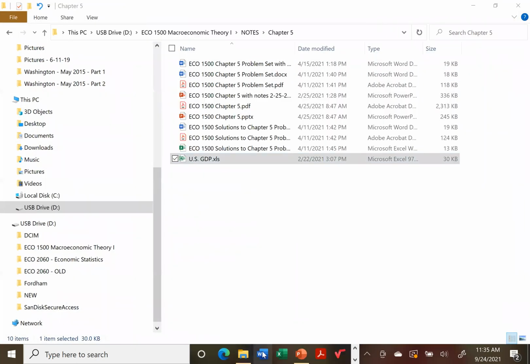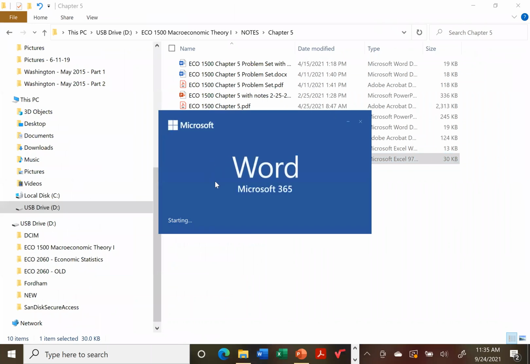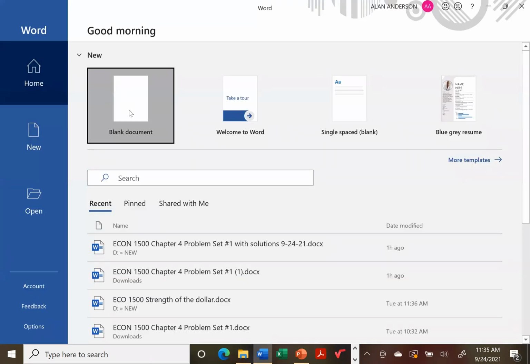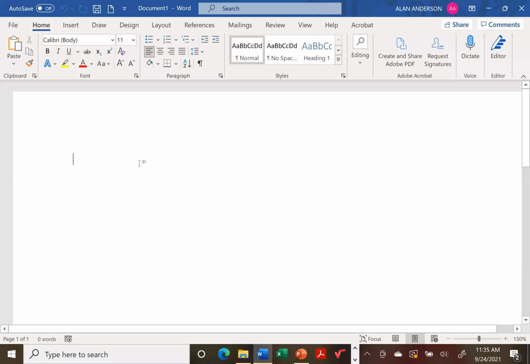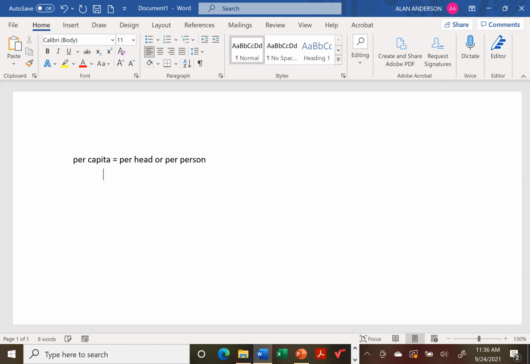Per capita. What does per capita mean? Whenever you see this in economics, per capita means per person or per head. It technically means per head. So in other words, some measures are done on a per capita basis. So imagine the following scenario. Suppose we want to know what the per capita GDP is for the US. So what you would do is take GDP